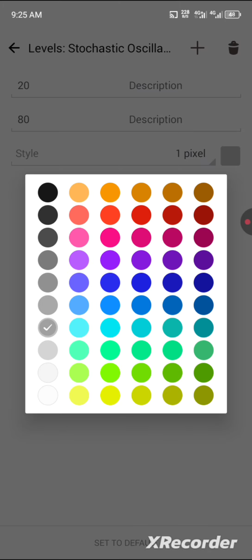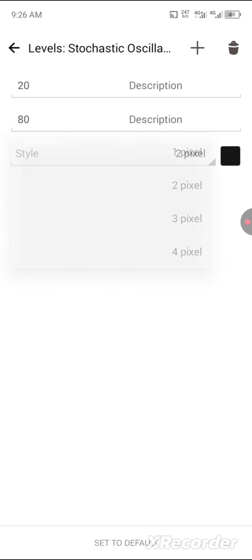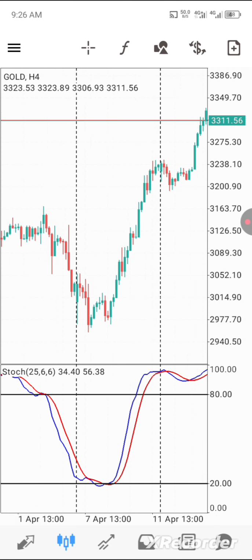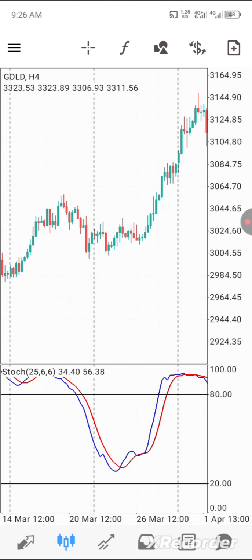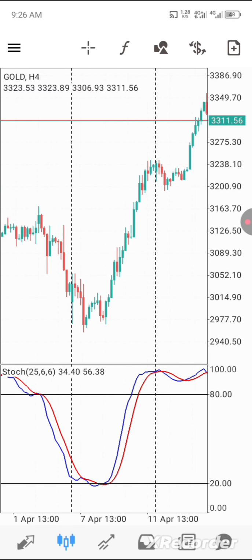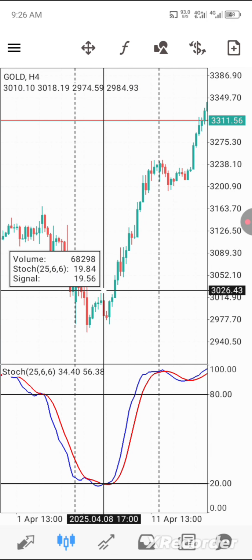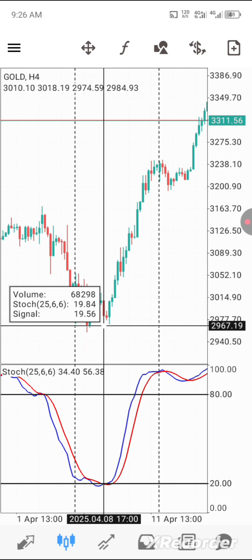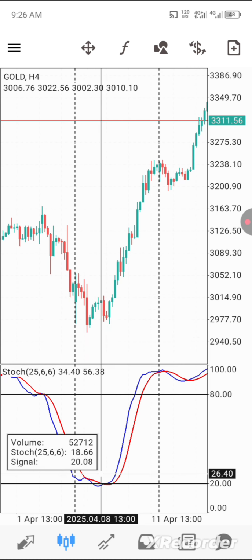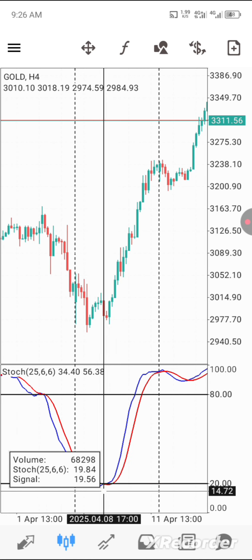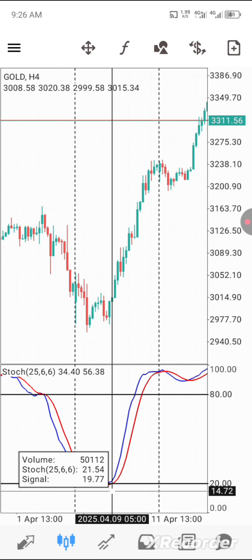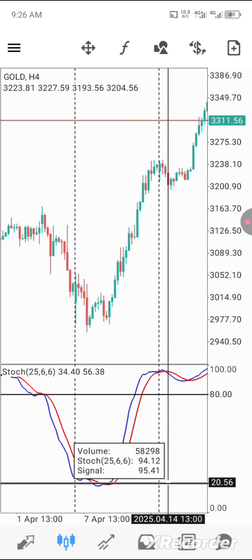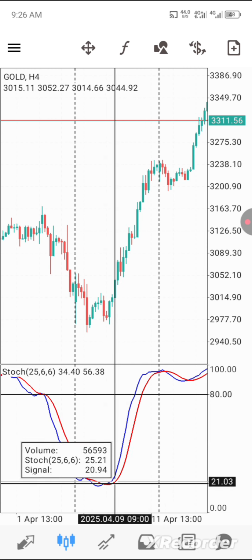Okay, everything. You are done. Click on done. Back to the market session. Now you can see, let's start from here. You can see what happened here, which means this stochastic went towards the lowest, and the lowest is 20. You can see the lowest here, which is 20, and the highest 80, which means if the market